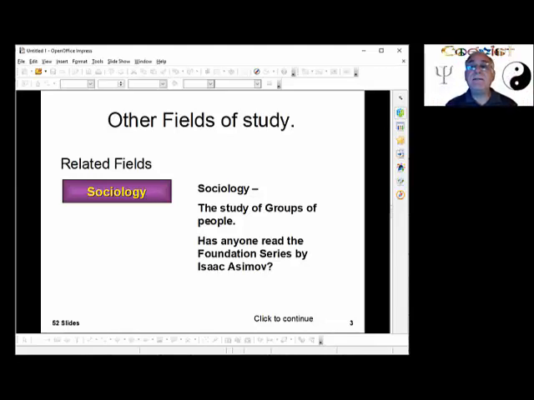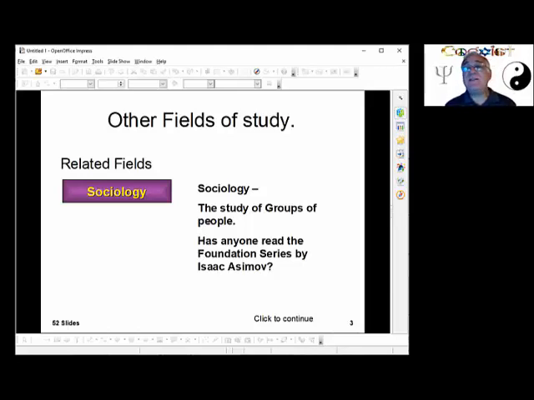There is a science fiction book called The Foundation series written by Isaac Asimov. Has anybody ever read that book? Are you science fiction fans, any of you? Okay, no. All right, there's no yeses. Most I got no's. This is the story, okay? Let me tell you the story, and there's a reason for me telling you this story.